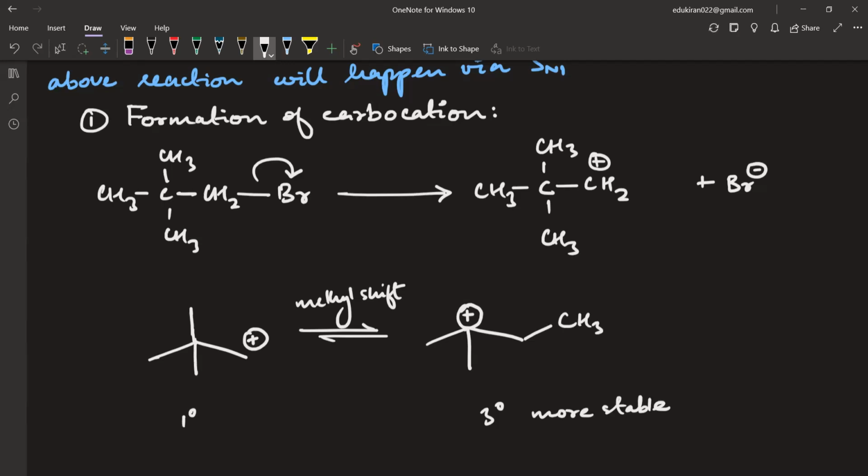But the rate at which 1 degree converts to 3 degree will be very high, and the rate at which 3 degree converts to 1 degree will be very low. And that is why the reaction will proceed through the more stable carbocation, rather than the 1 degree carbocation. Now, we call this step the rearrangement